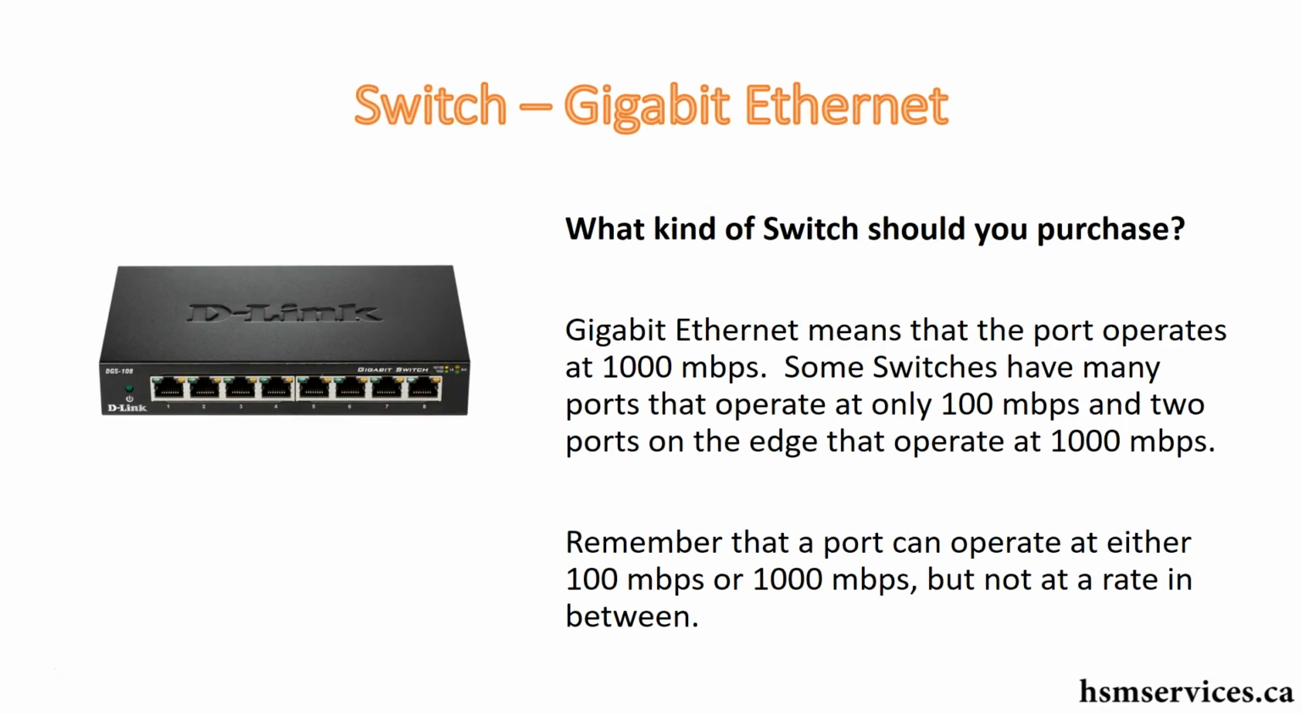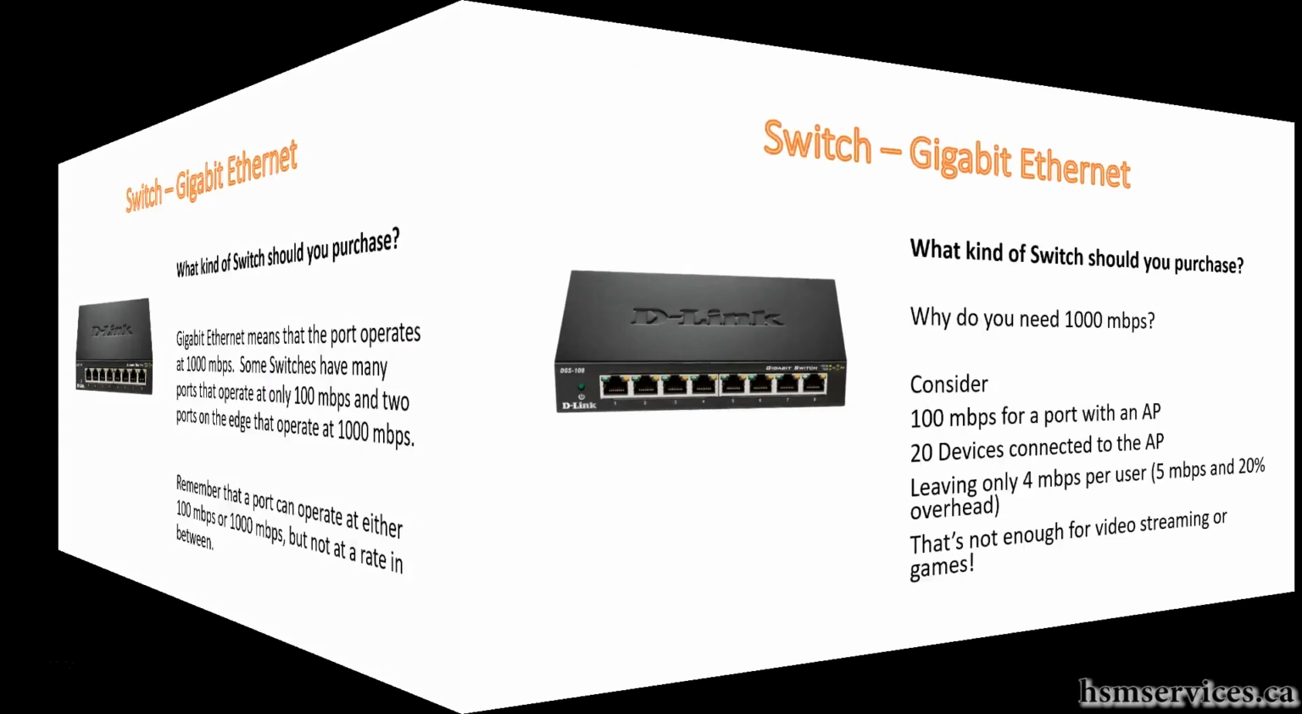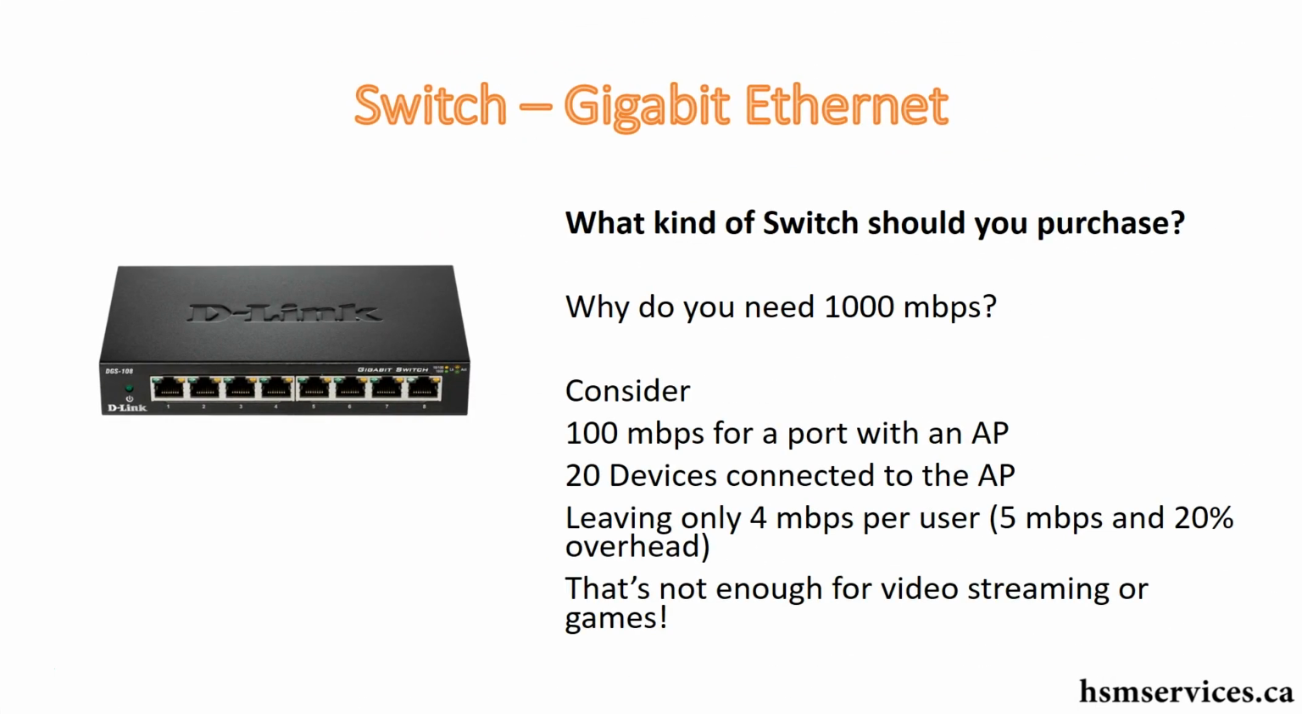And so, also, Gigabit Ethernet is important. 100 megabits per second is not enough. Keeping in mind, there's no other option here. You can't get a 200 megabit per second switch or 300. You can only get either 100 or 1,000. And what do you need 1,000 for? Well,